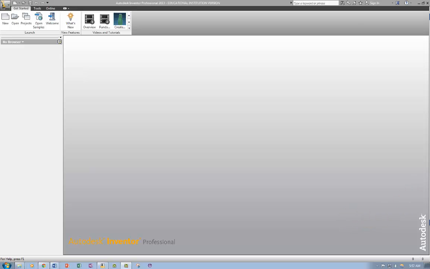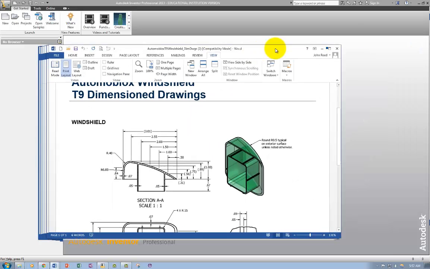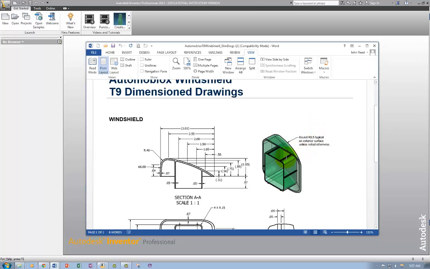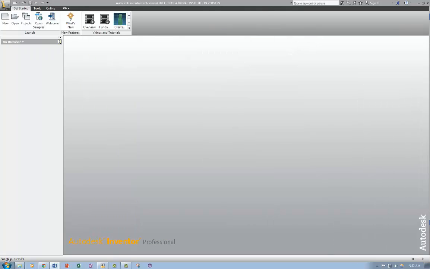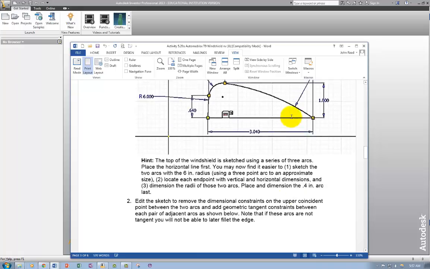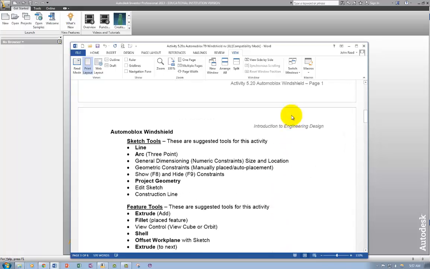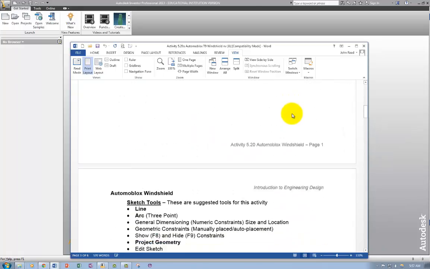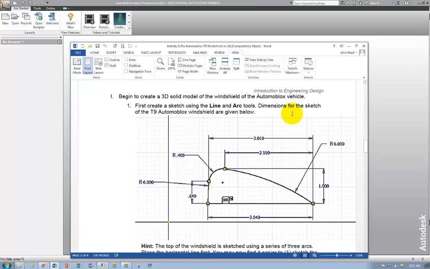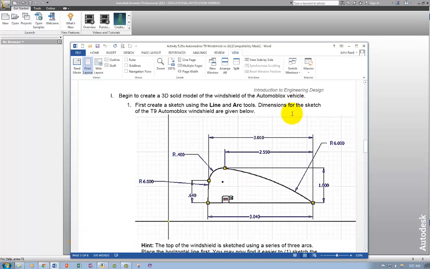Today I want to go through creation of the windshield for the T9 Automoblox vehicle. So we're just going to make the curved shell in this particular screencast. So it looks kind of like this, and the handout or instructions that I had for this involved setting up your project and then following these sets of directions, and I just want to go through that